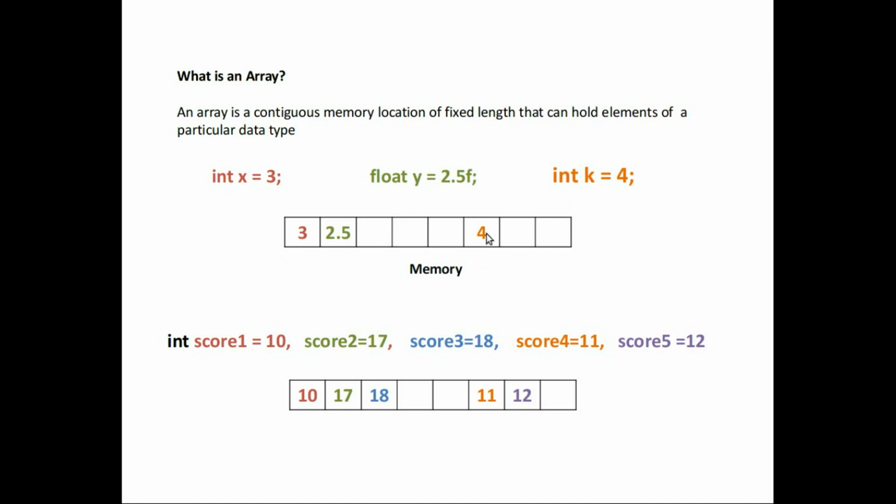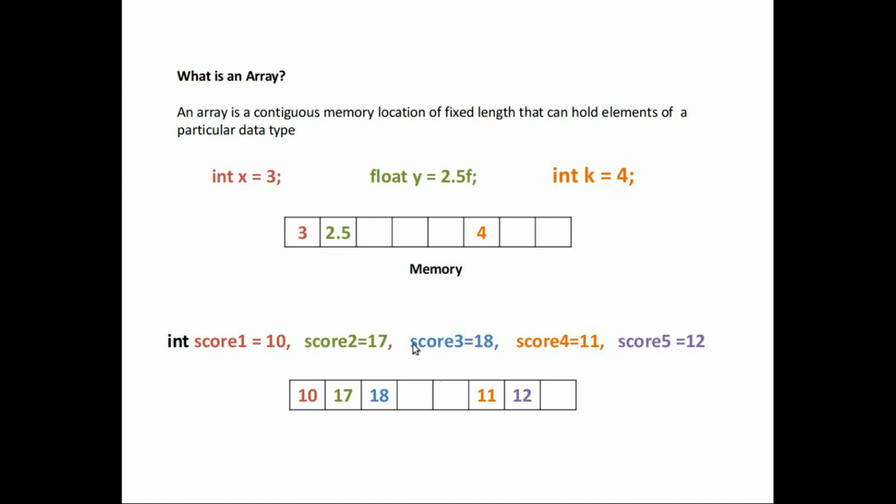I have some integer located in some memory. Look at this one is kept here, this one is kept in some other far location, anywhere in memory. You can see 2.5 here, you can see 4 somewhere far in memory. They are not related to each other, so they can be kept anywhere that the compiler designates for that variable. Now, if we come down here,